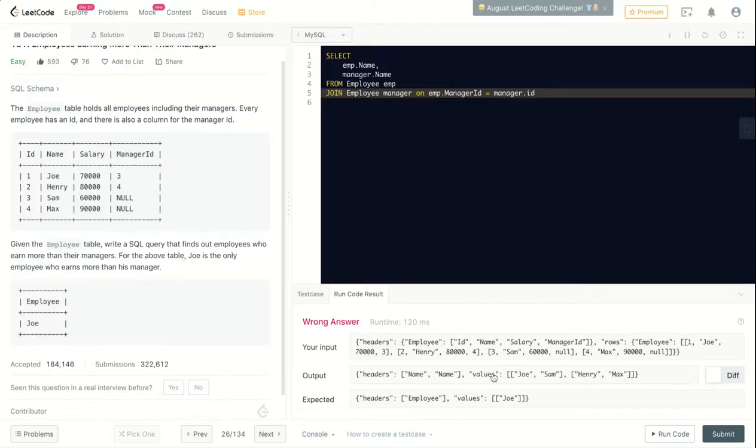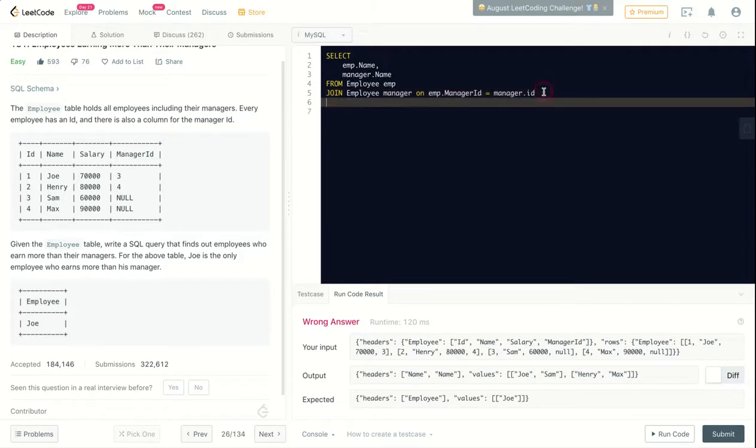So this is our output. We have Joe and Sam. So Joe is the employee name, Sam is the manager name. We have Henry and Max. This is for this example. So we are getting the employee with his manager name. So we only need to filter